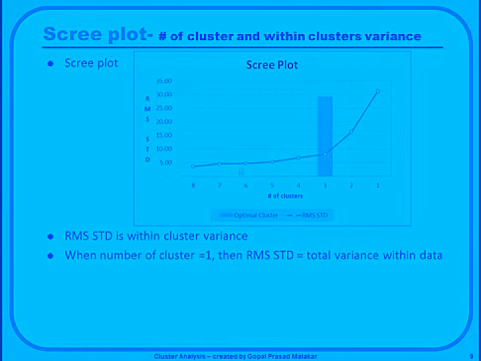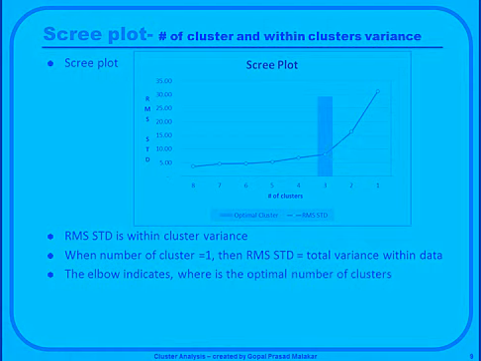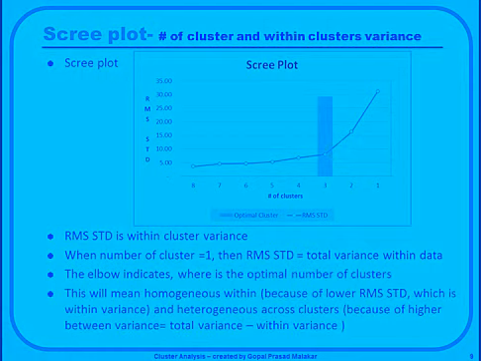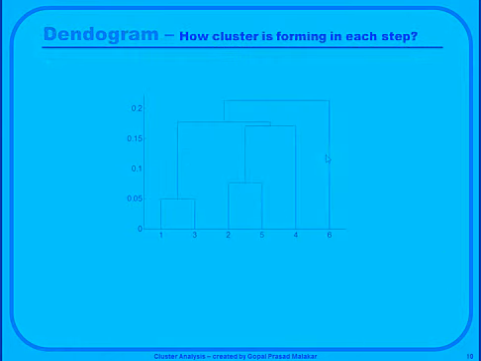So the within-group variance is increasing, right? And at one place you get an elbow point. That elbow point tells you the optimal number of clusters that you should take. Why? Because it means you have created almost homogeneous groups, so the within-group variance has not changed. And these are heterogeneous across groups, because the within-group variances are low, so the between variance is bound to be higher, since between variance is total variance minus within variance in this case. So within each cluster you find the within-cluster variance, sum it up and put it here. Then the elbow point tells you the optimal number of clusters. That was all about the scree plot.